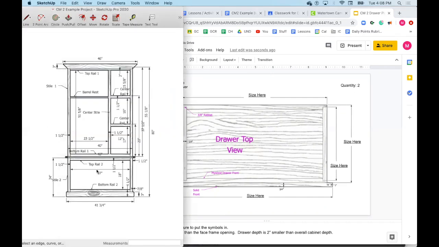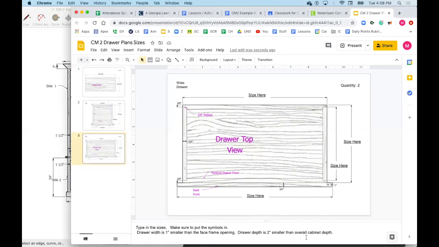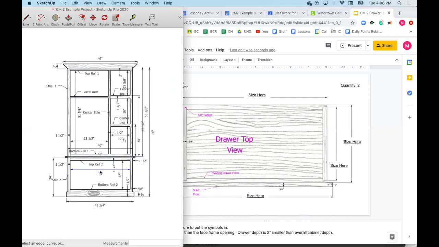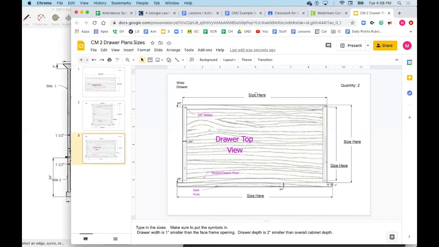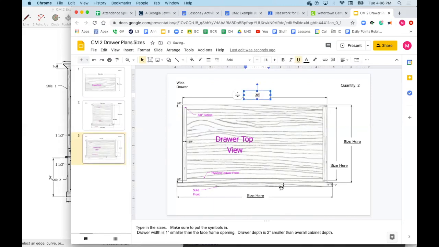So I'm going to use this bottom half here, and let's pretend for demonstration purposes that we're going to put drawers down here. So the first thing I'm going to look at is the parameters. There's some information down here on the bottom that might be helpful for you, some hints as you are drawing your plans or laying out your sizes. I need to be 1 inch bigger on the drawer front. Okay, so the drawer front is going to be 37. That's the size of my box, and my box would be an inch smaller than the opening. So this is 36. My opening was 37, so that means my drawer front is 38